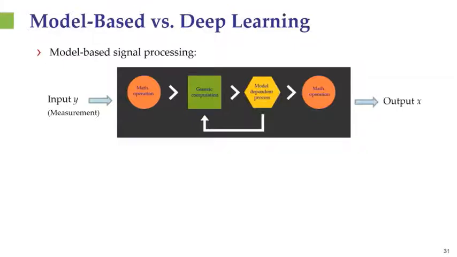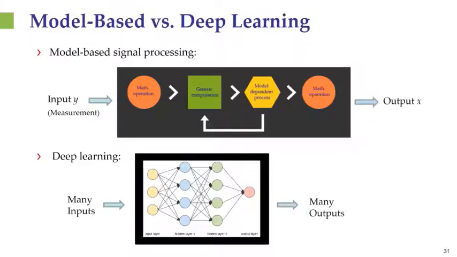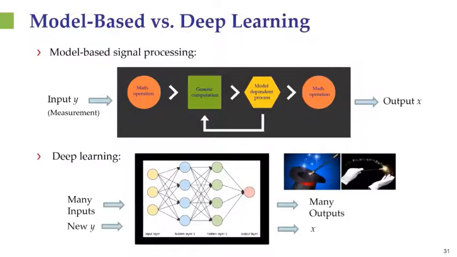Now, on the other hand, in deep learning, we do not assume we have a model, but instead, in some sense, we're going to perform magic in the sense that we're going to replace the model by a black box that does not know anything about the problem. Instead, it's going to obtain lots of paired inputs and outputs, and from them it's going to learn the parameters of a network in a series of layers that form the desired deep network. Once we get the deep network, we're going to apply this to a new input y and obtain the desired recovery x.